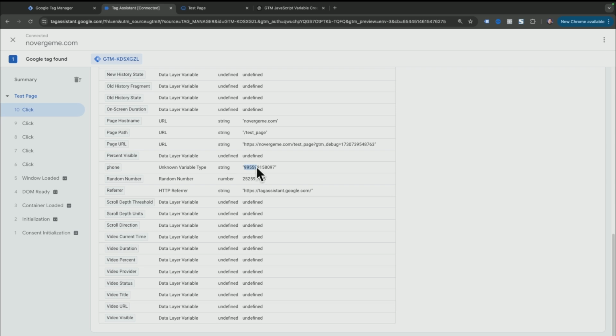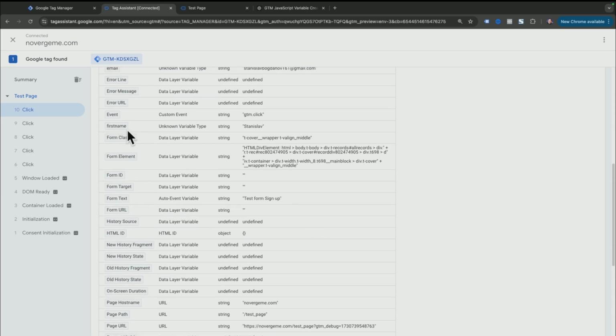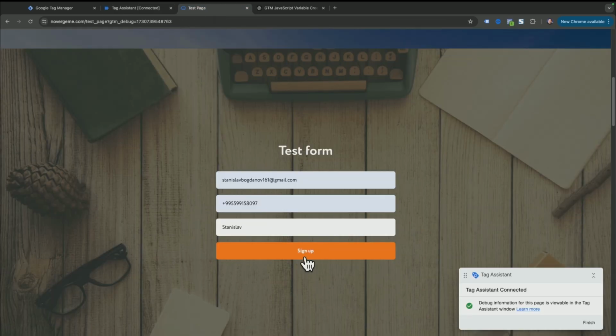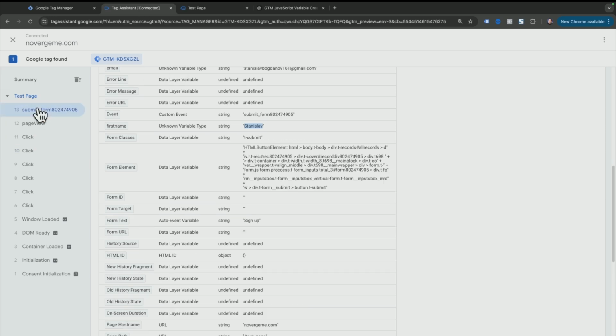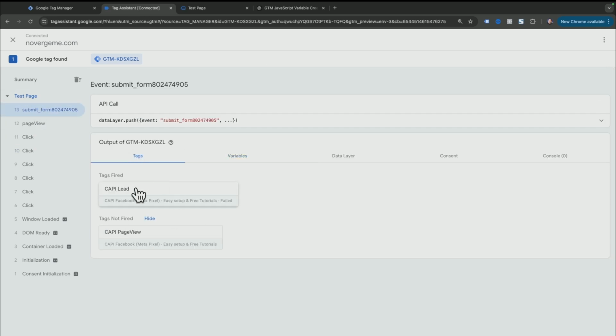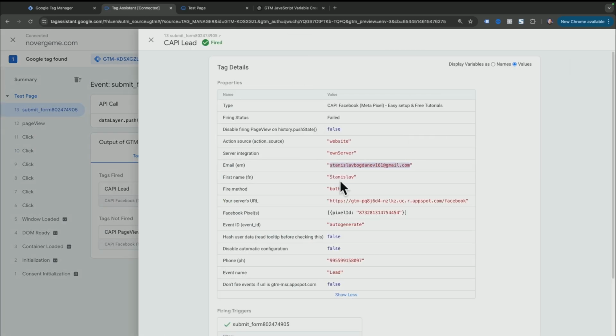It's important to note that form submission and value extraction must occur on the same page. If your form submits on one page and you're checking variables on a separate page like a thank you page, the variables will be empty because they only operate on the page where data is entered. In a future tutorial, I'll show how to transfer email, phone, and other values from the form to the thank